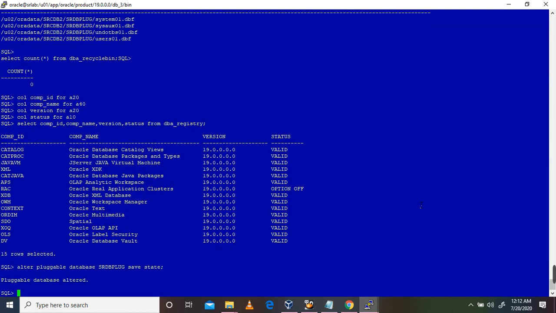So that hot cloning of the pluggable database to the 19c container has completed successfully. Everything looks good.